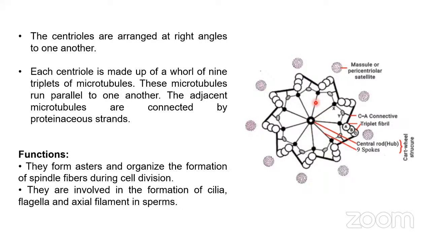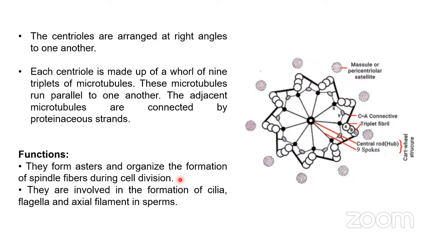So there are 9 spokes, like 1, 2, 3, 4, 5, 6, 7, 8, and 9 spokes in total, that are connected through the central rod. The main function of these centrioles is that they form asters and organize the formation of spindle fibers